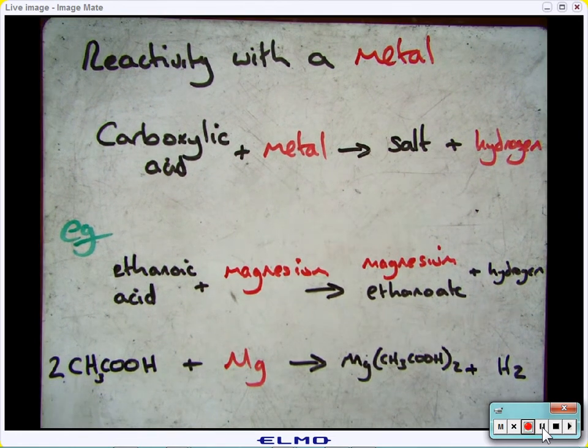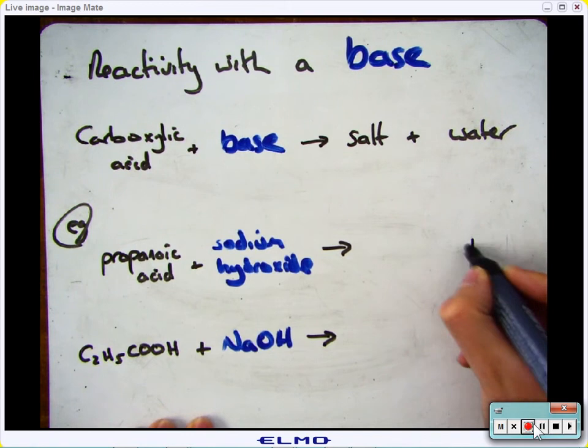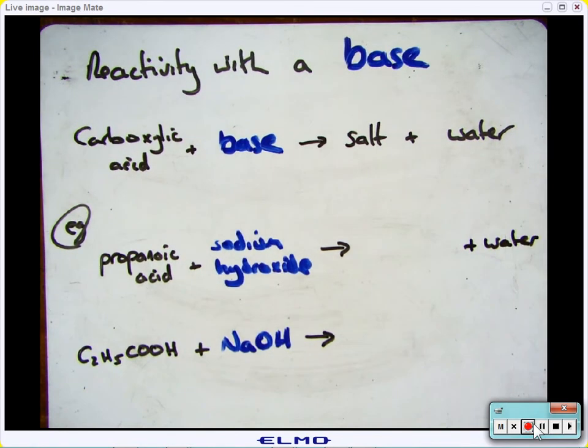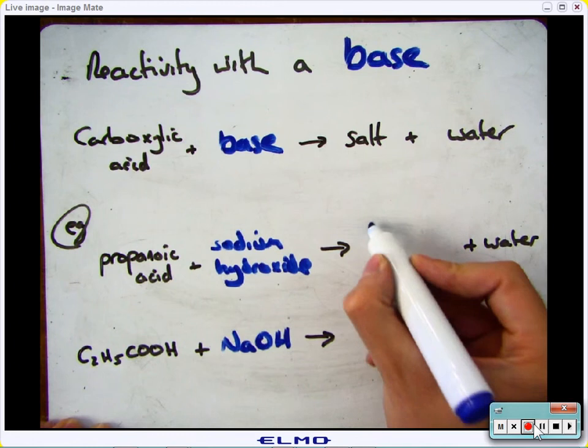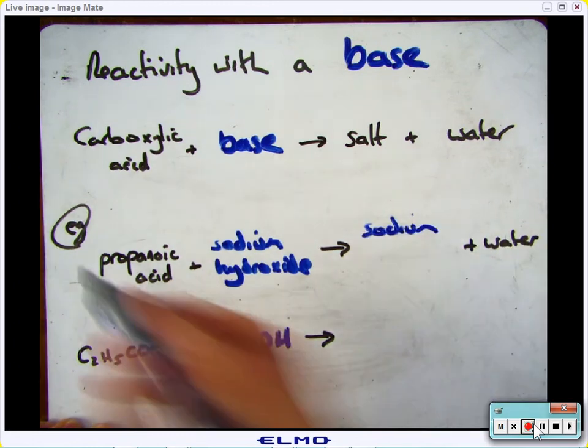The next thing we'll have a look at is the reactivity of carboxylic acid with a base. So again, this is exactly the same as any acid with a base. You get a salt and water. So propanoic acid and sodium hydroxide, straight away I know I get water as my byproduct. Then the naming is exactly the same as I just showed you. So you'd get sodium, and then you'd take the propanoic acid and that would give you